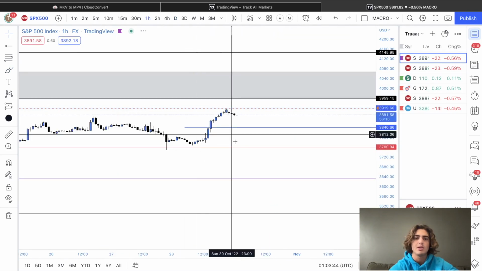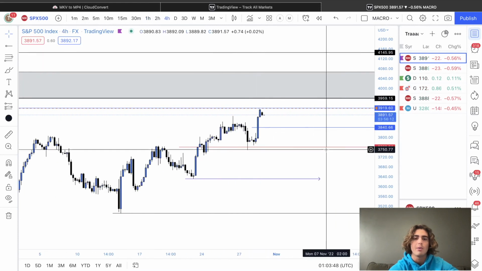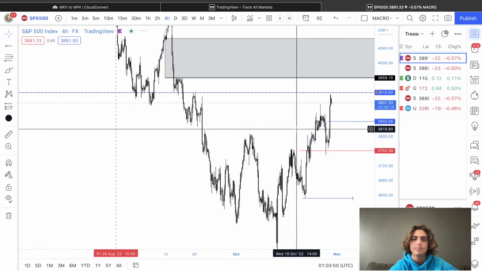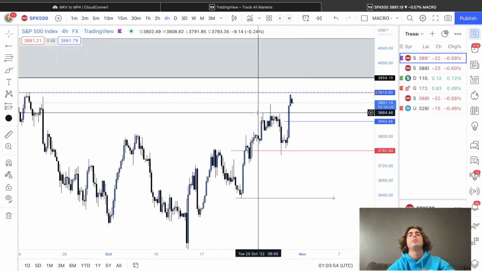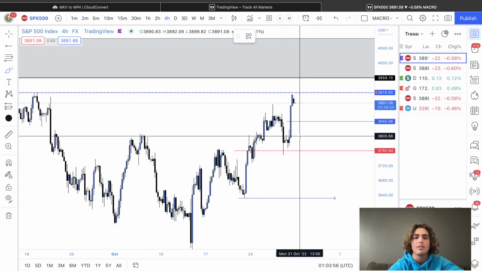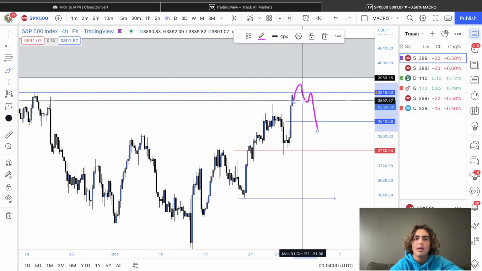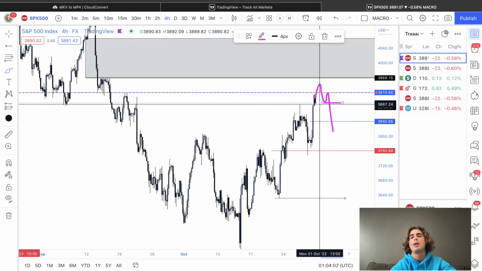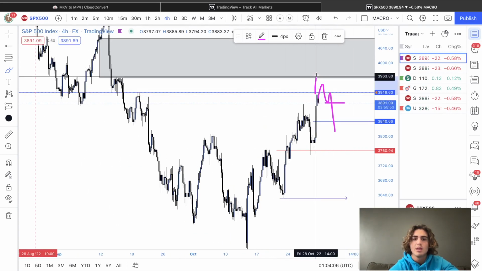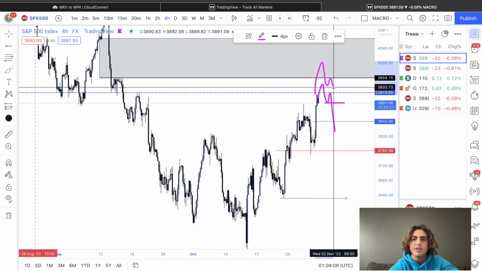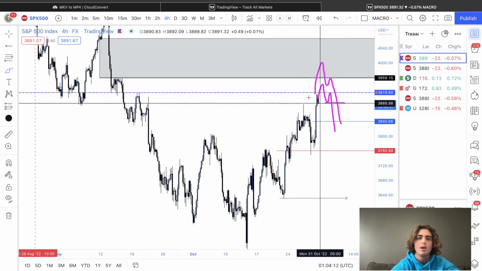Well, it's easy. You go down into lower time frames like the 1 hour, the 4 hour, find a break of structure, and then find a trade off of that. So it could look something like this: break above, deviation, boom, entry. But I don't really do long-term entries. Or it could look something like this: sweep above here, deviate, boom, break of structure, that's our signal.